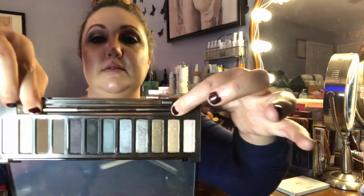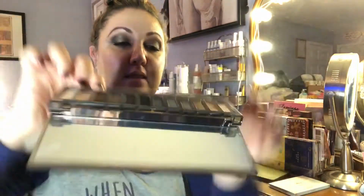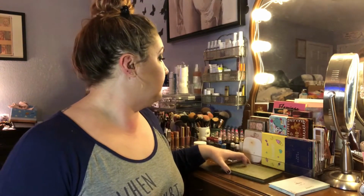This one looks like this. I like this one. I've used it a couple times. I actually do like it. Let's see. All right, so let me